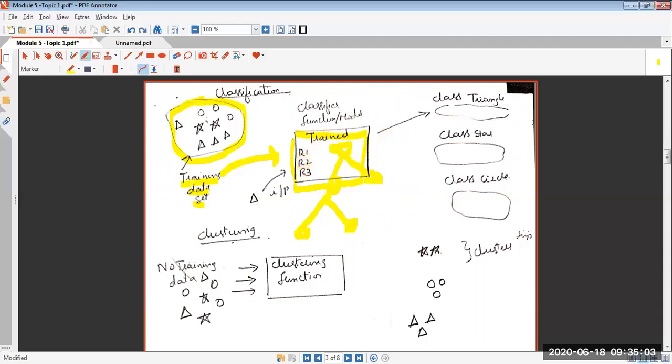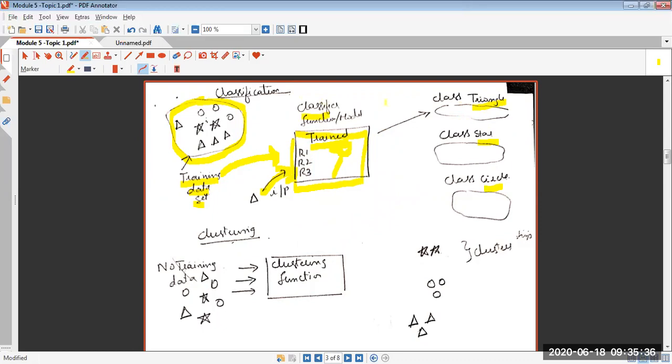Now, a model is ready. Please do not confuse what this model is. This model is nothing but a classifier that is ready based on the training. Now you give a new input. For example, in this case, we have built a classifier that can distinguish the different shapes of the objects: triangle, star, and circle. Three classes are ready. The classifier has been trained to do the same.